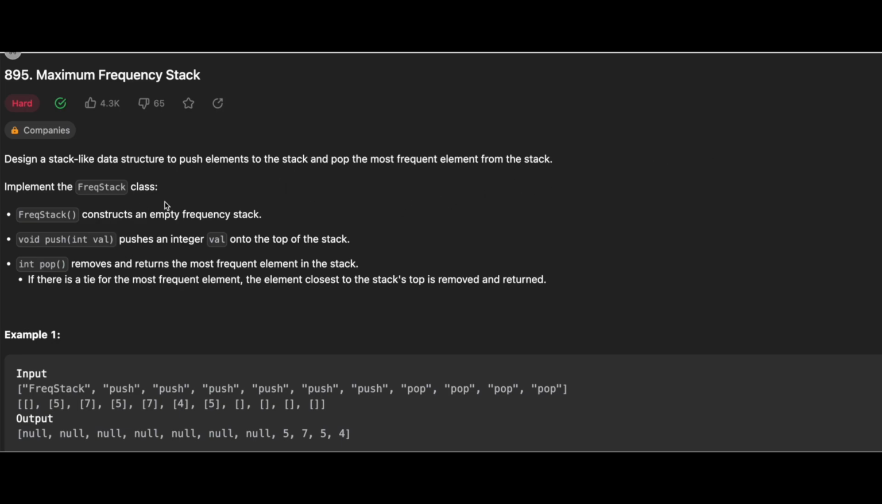So we're designing a stack-like data structure, right? And we have two operations. First is push, the other is pop. Push is just like a normal stack push operation. But the only difference is the pop operation. We always remove and return the most frequent element in the stack, right? Not the most recently added element, but instead we have to remove and return the most frequent element in the